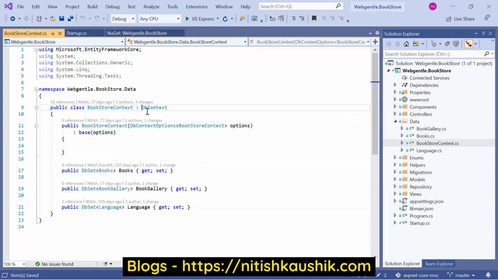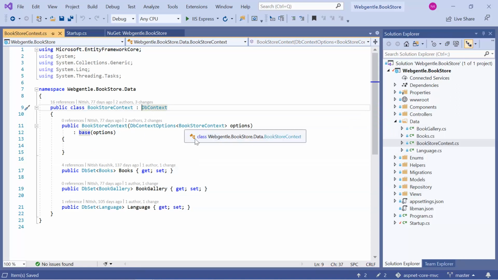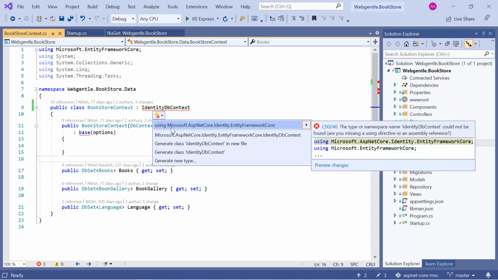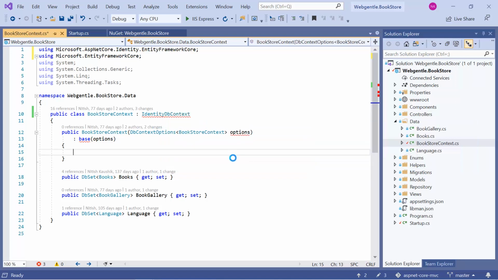In order to work with identity, we need to inherit it from IdentityDbContext. And let's resolve the namespace. This is available inside Microsoft.AspNetCore.Identity.EntityFrameworkCore. Let's save all the changes.